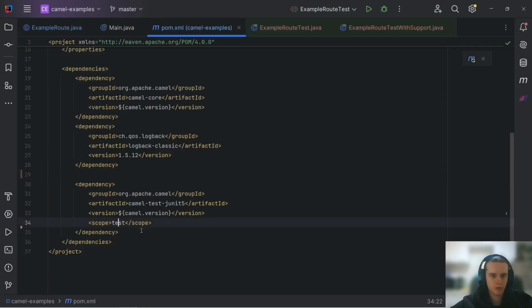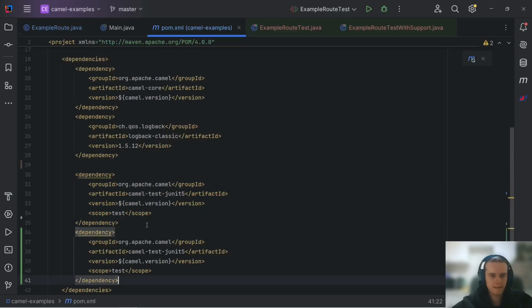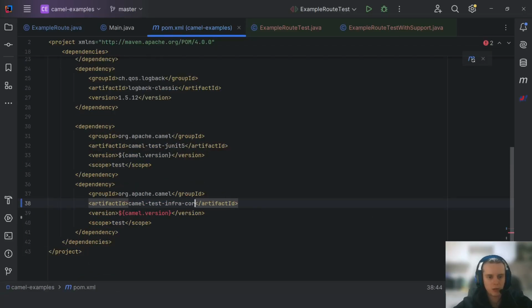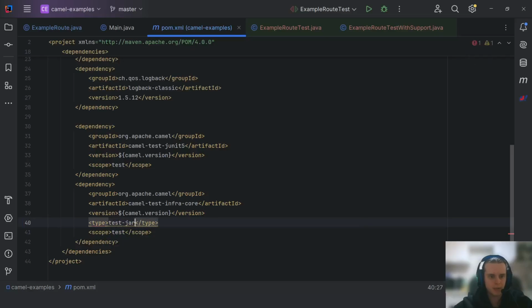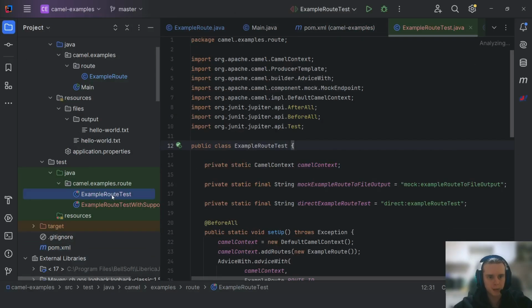Yeah, that's how it should be. Don't forget to add scope test to your tests dependencies. So what we need is CamelTestInfra-core, and for that dependency we need to add type test jar,